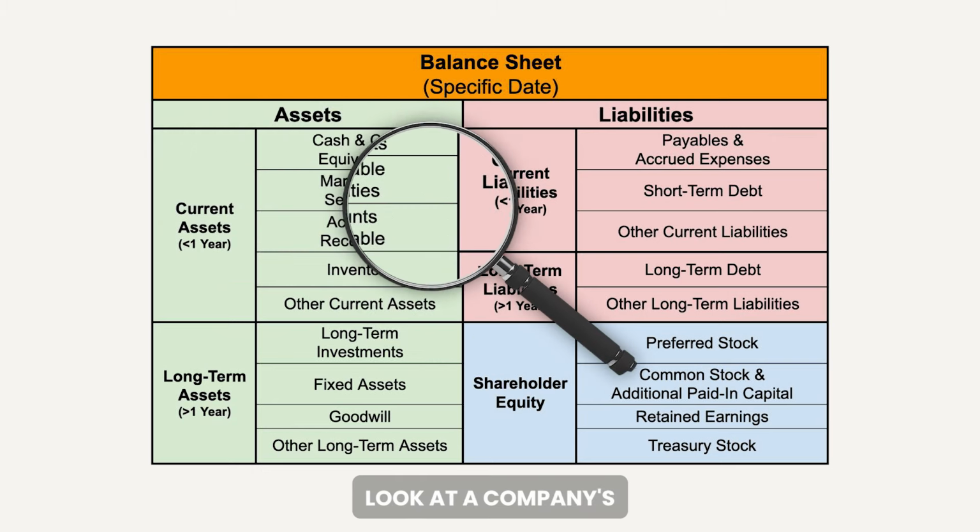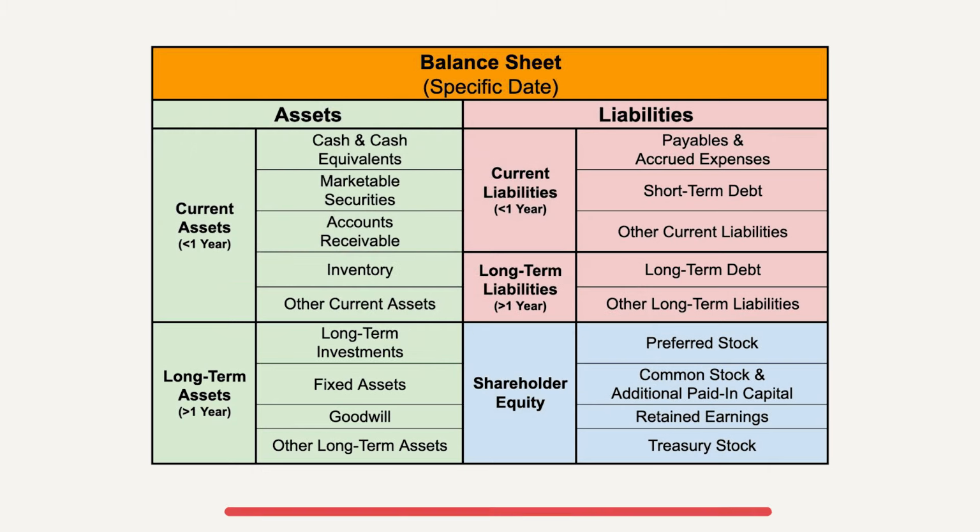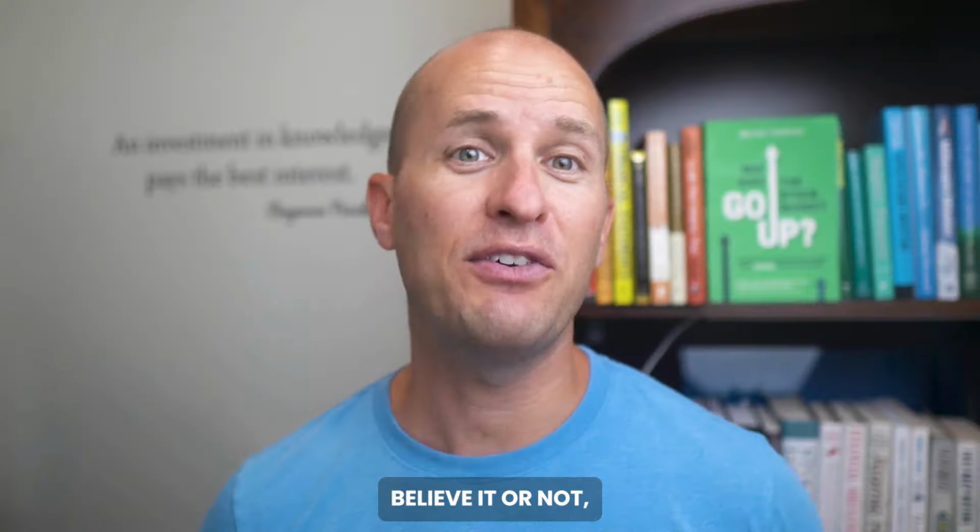Imagine if you could look at a company's balance sheet and quickly be able to tell if a company was a financial house of cards. Believe it or not, you can do just that in a few seconds once you learn how to spot red flags. In this video, I'll explain the 4 biggest balance sheet red flags, what they mean, and how to